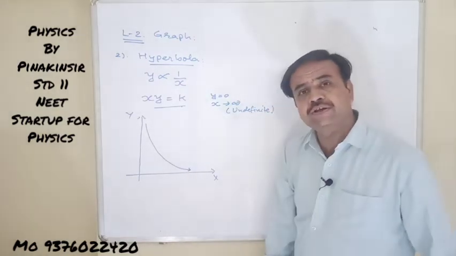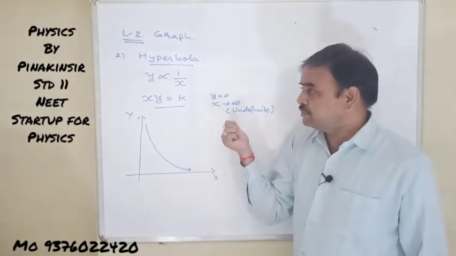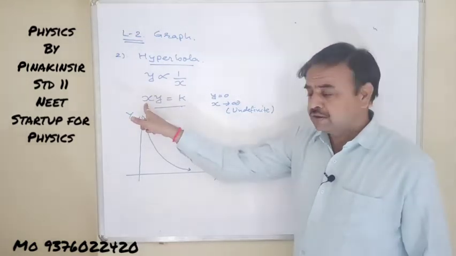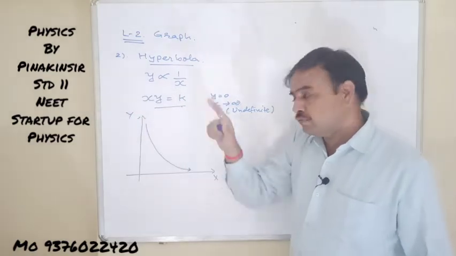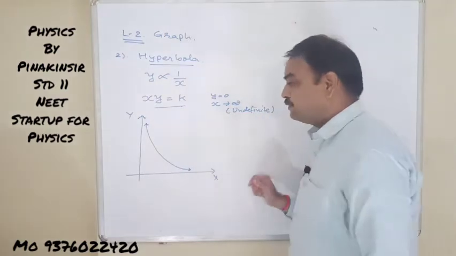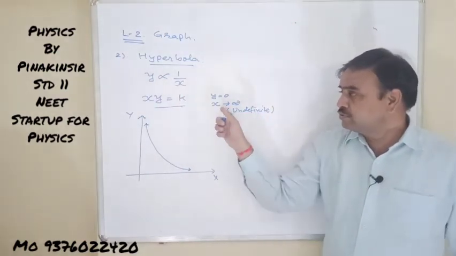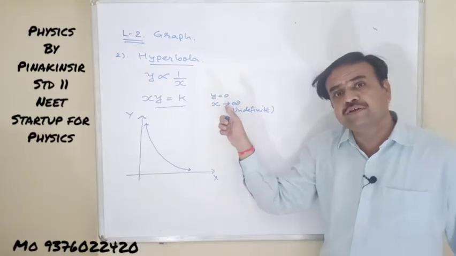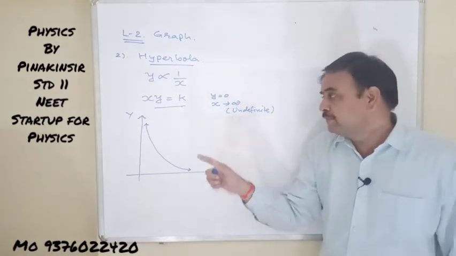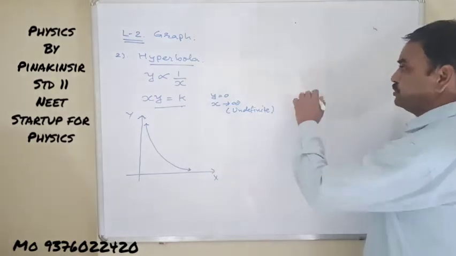Thereby we can say that there will be no intercept on the x-axis. In the same way, if we substitute x is equal to 0 there, then there will be no intercept on the y-axis. Thereby we cannot find cutouts on the axes for such a type of relation, because in the denominator we are getting 0. Okay, one more type is there, that is the exponential curve.